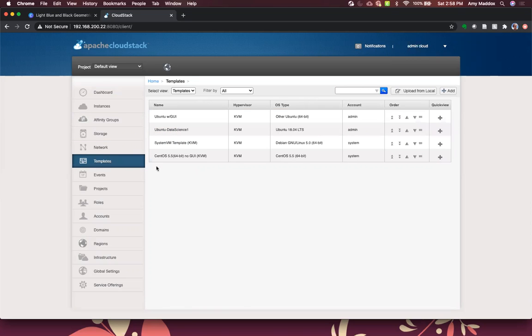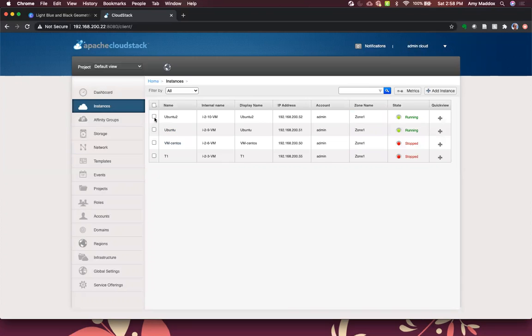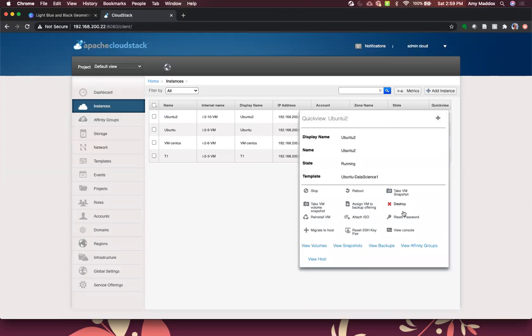Under templates, there are several templates that are installed. And the one that says data science is the one where the applications were installed and then the template was created with those applications. And if we go back to instances, Ubuntu 2 was created from that. And that's our most recent one. So if we go here and look at the console,